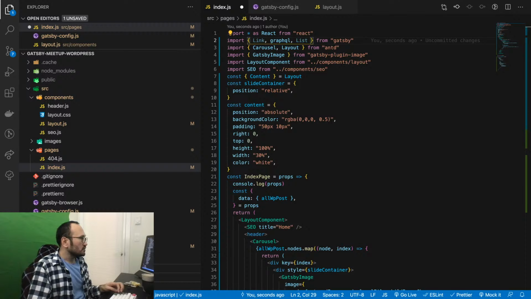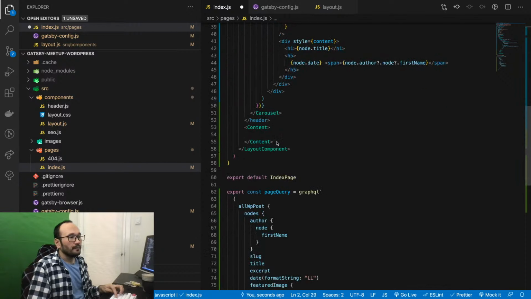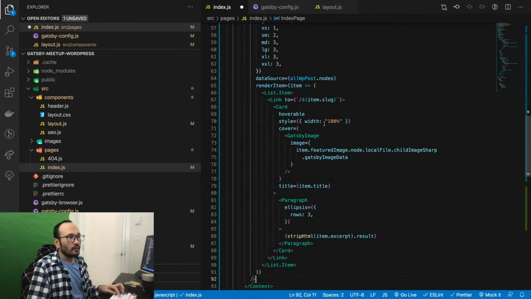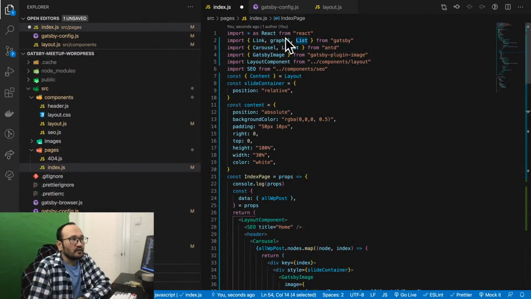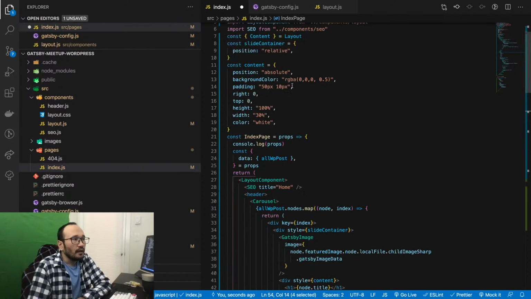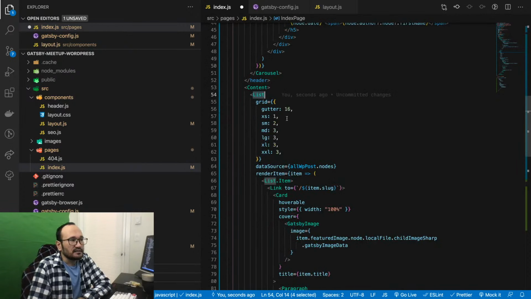Let me actually, I want to do this. Okay. So what is happening here? I import the list from antd, and this is accepting grid.